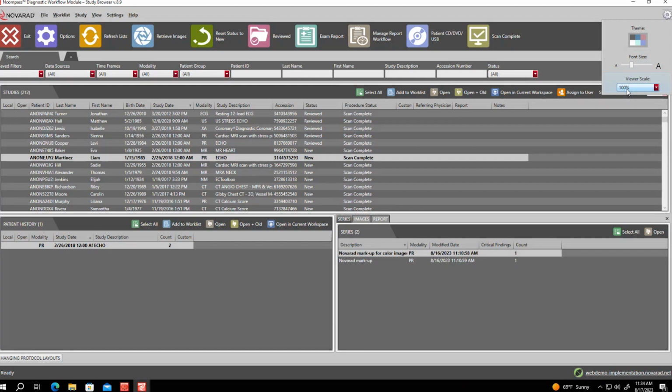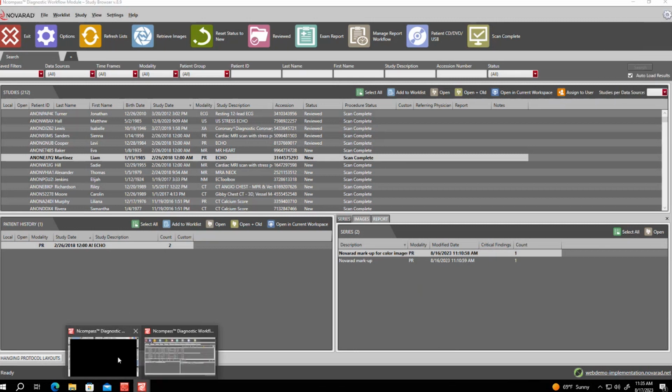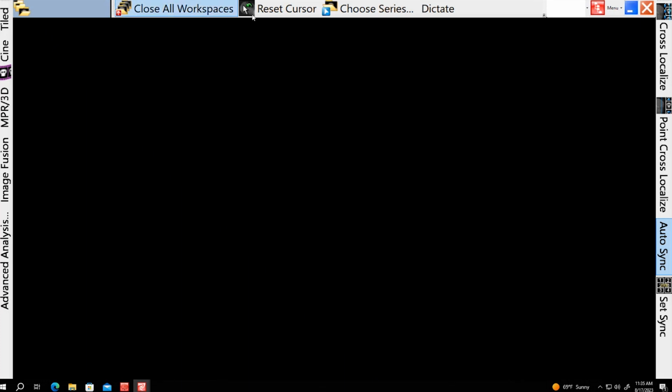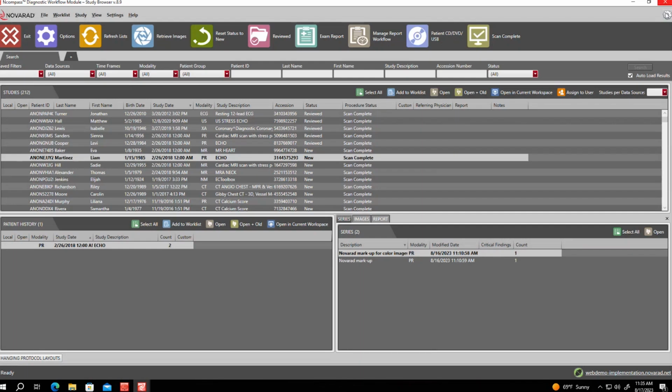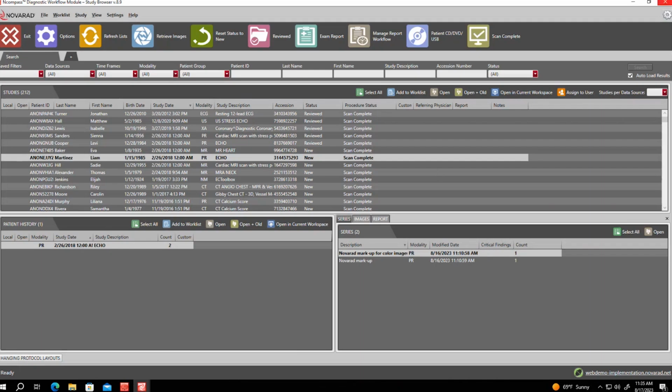The other option here is the viewer scale, and the viewer scale normally defaults to 100%. But once again, if that's hard to see, or with the newer monitors, sometimes it makes it a little difficult to read some of the buttons in our viewer. You can adjust that to make those buttons pop out a little bit bigger, and the labeling come out a little bit bigger. I'll change it back to 100 so you can see what it looks like in its original state. So that's where 100% is, and you can make those adjustments back and forth without having to do a whole lot of work.